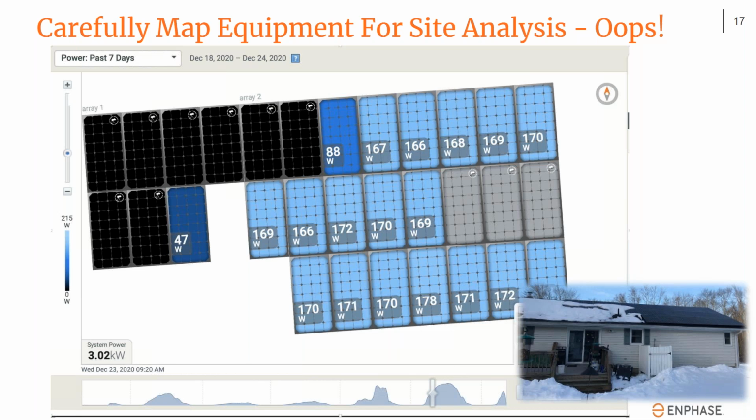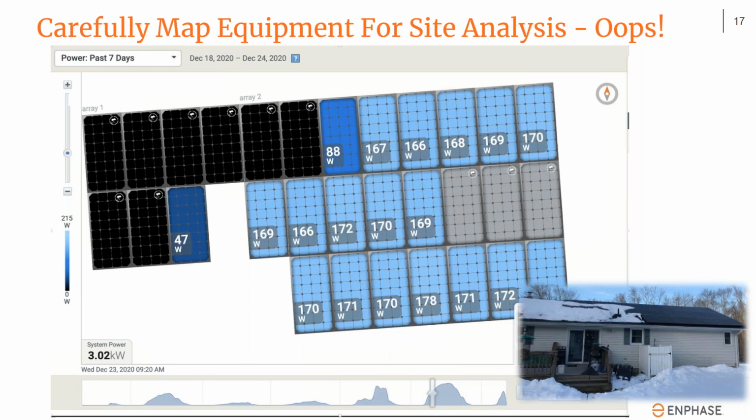So in this case, what I wanted to show here is a funny, well, funny to me, I guess, mistake, because I wasn't the one who had to go back and correct it. At this site, we had a customer concerned about their power output on this system and some weird things happening. If you look really carefully, you can see these three solar panel and microinverter pairs out to the right that aren't performing, yet three of them in the mid left area are.